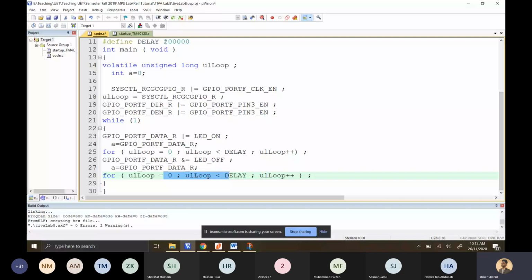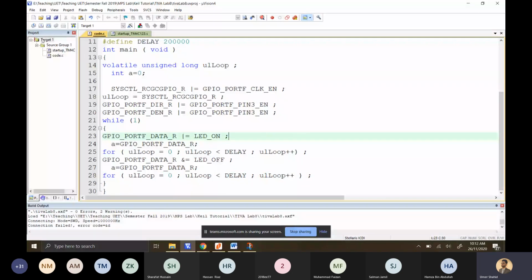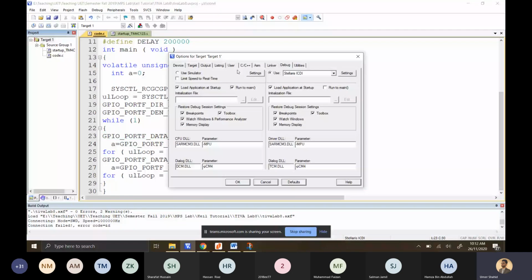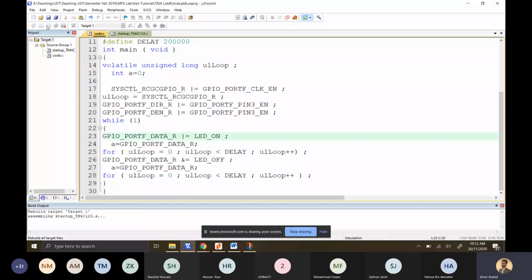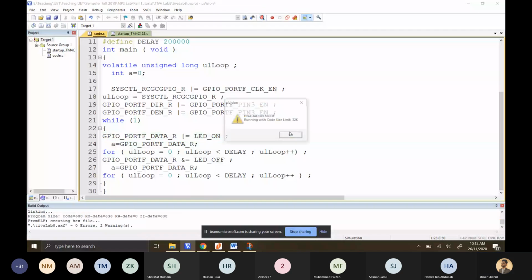And let's suppose if you want to debug it, if we want to see that the code is working or not, then in that case, we will go to the debugger session. Okay, just give me a second. So here we are now inside the main function. Now if we want to see that